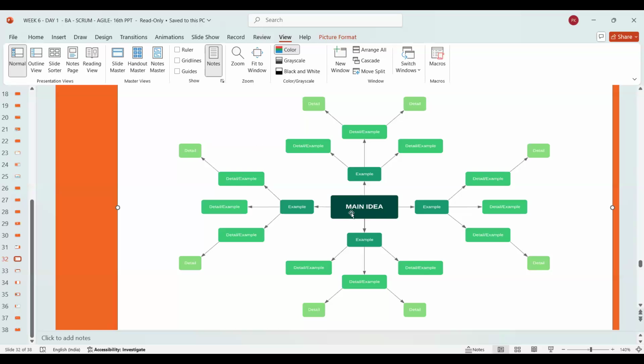So we have a lot of branches, and by the way, it can grow in multiple directions and multiple nodes. It does not have only four examples or sub ideas. It can have multiple ideas. It's like an amoeba. It can grow in any form and any shape. Is the concept clear to you, how a mind map works, just going with the idea and trying to make it flourish? Yes. Okay.